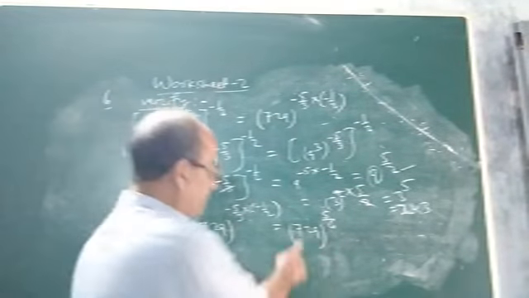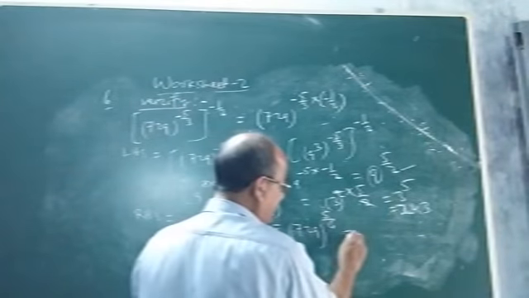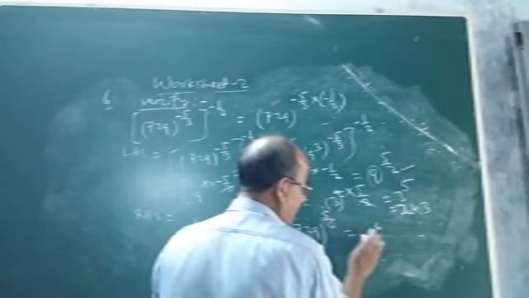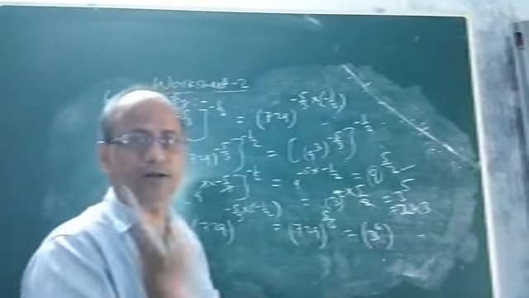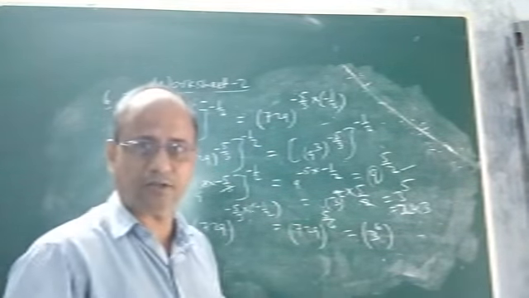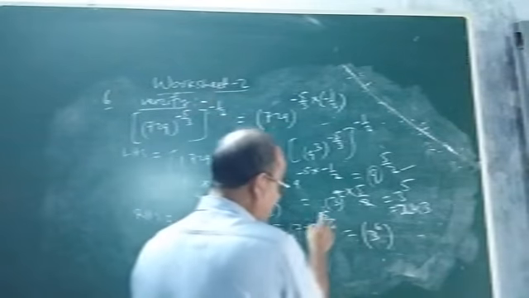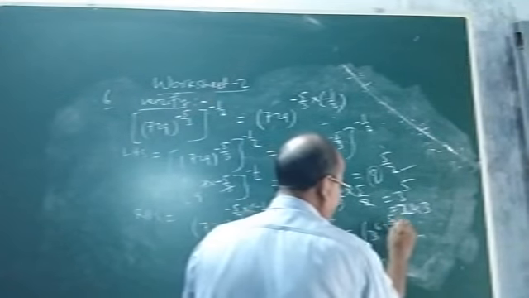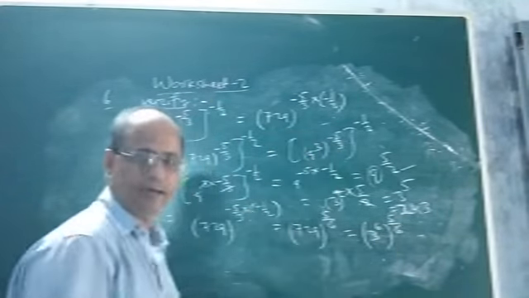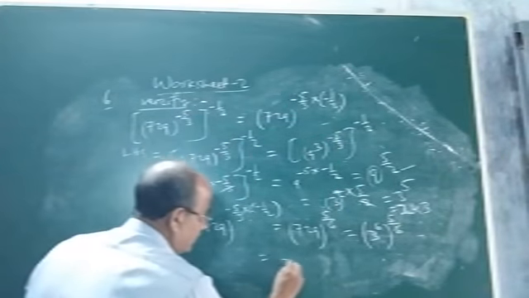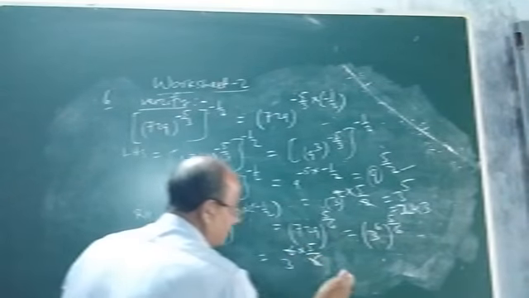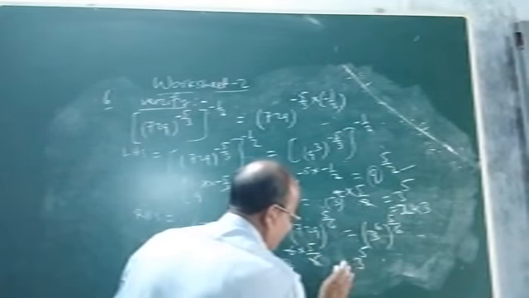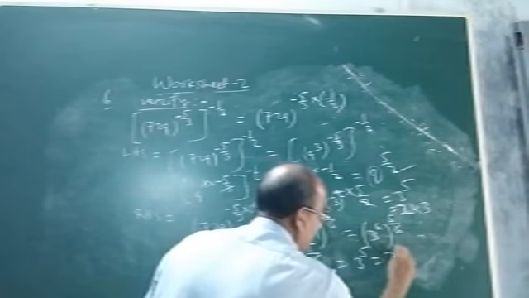So you express 729 as an exponential term whose exponent is 6. So what will be the answer? This will be 3 to the power 6. If you multiply 3 six times, you will get 729. No doubt is there. So 3 to the power 6, whole to the power 5 by 6. So this will be 3 to the power 6 into 5 by 6. 6 cancel. So 3 to the power 5 and it is 243.